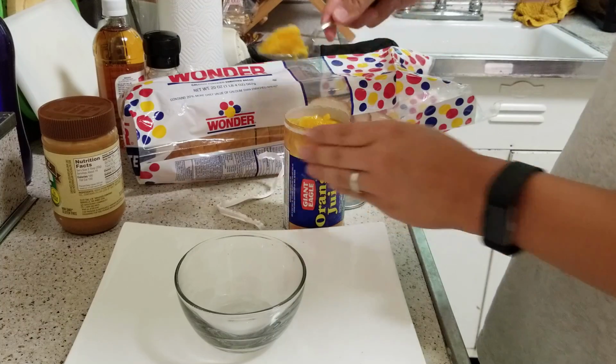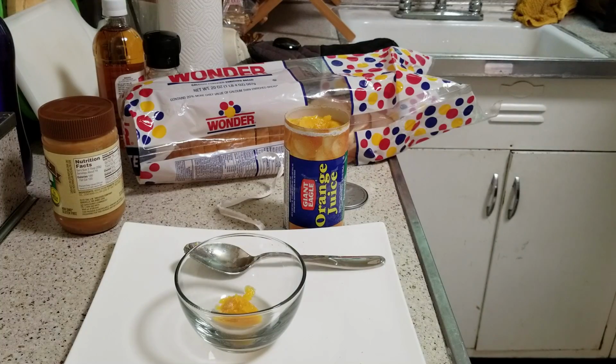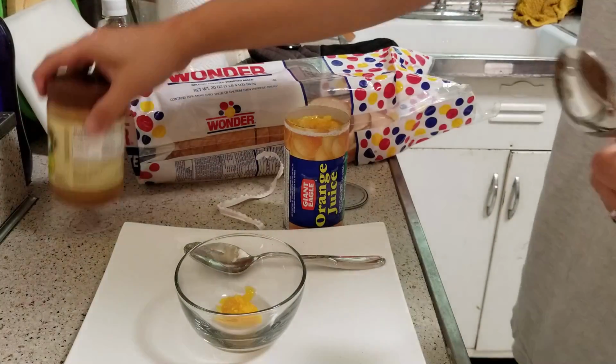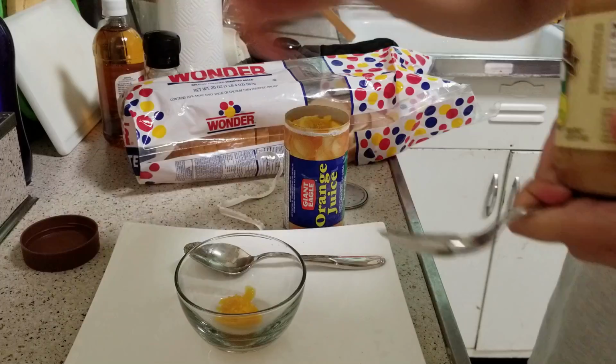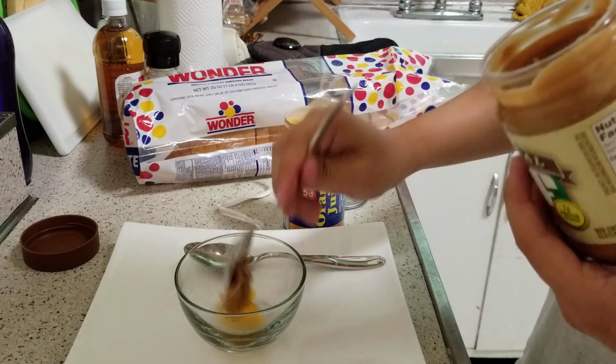Now, to be fair, this is pretty much the equivalent of using orange jelly on a peanut butter sandwich. I'm not sure why you wouldn't specifically buy a jar of that instead of using orange juice concentrate, but hey, this technically works. I'm sure we're going to see a lot of technically a meal examples over the course of